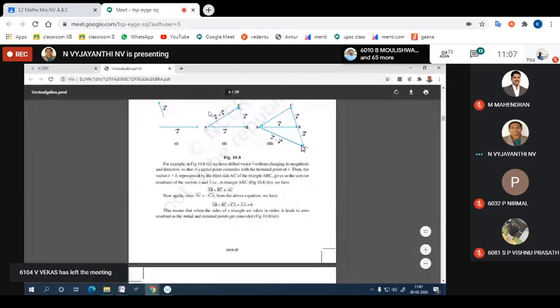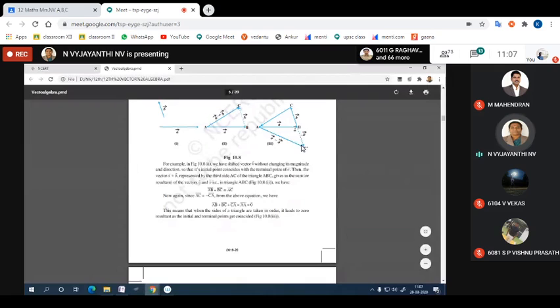Now the vector that is in the opposite direction is the negative of the vector. If BC is B vector, then the vector in the opposite direction, that is BC dash, is the negative of the vector. So this is minus B vector. Again by using the triangle law, AB plus BC dash will give A vector minus B vector. Understood?